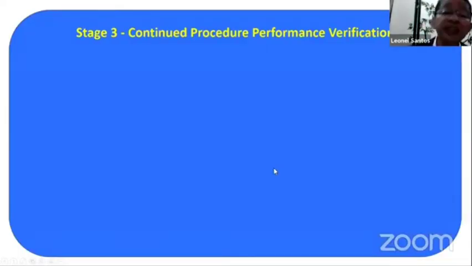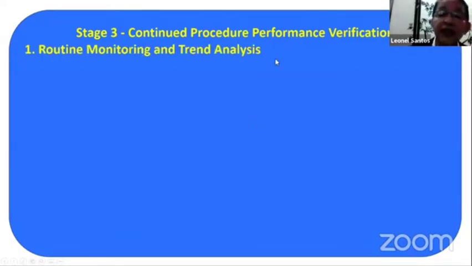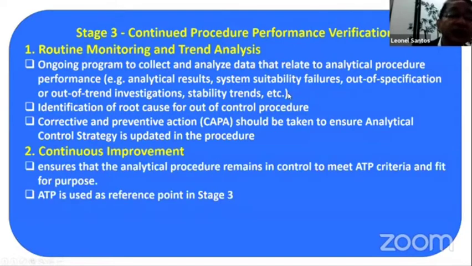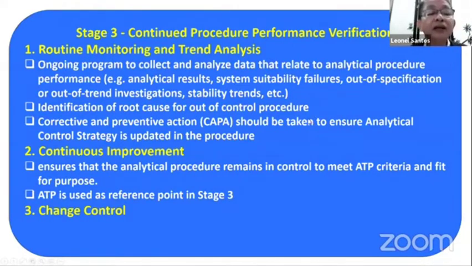When you start stage three, its term is the continued procedure performance verification. It has 3 elements. The first one would be the routine monitoring and trend analysis. So during this time, it's important to determine